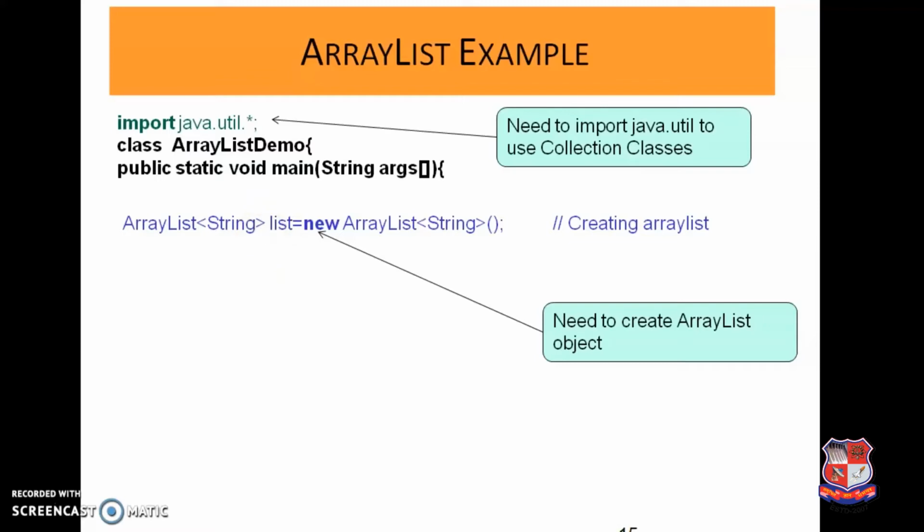The collection framework gives you capability to store any type of objects. That is the reason the entire Java collection framework is generically implemented, means it will be able to store any type of objects. It works for parameterized type, we can say. So this list can store strings. So that is the reason we are specifying string here.